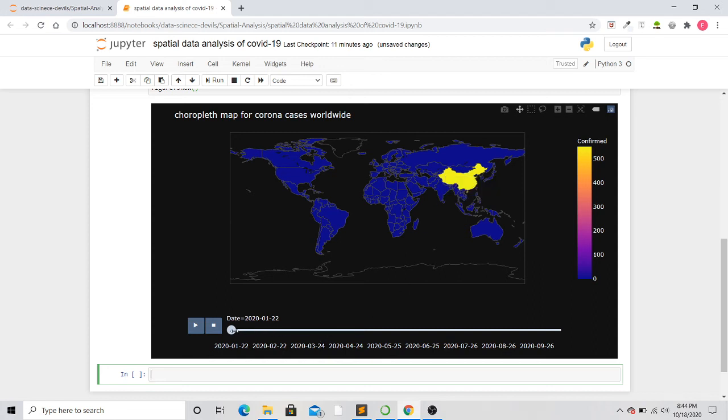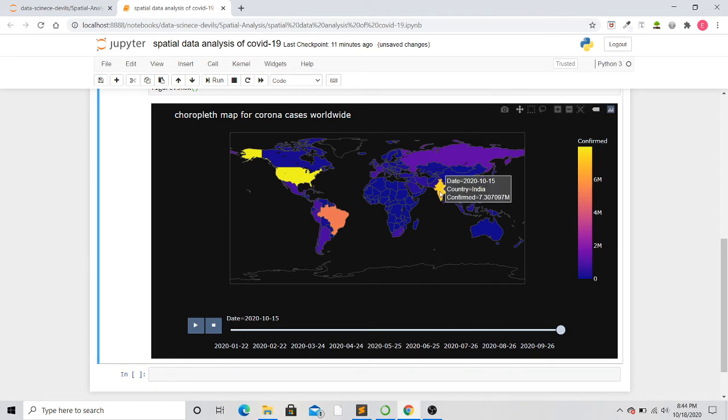But as I move this, you are seeing that India is becoming more yellowish in color, and at the end, India is full yellow in color, and the confirmed cases for India are around 7.3 million.